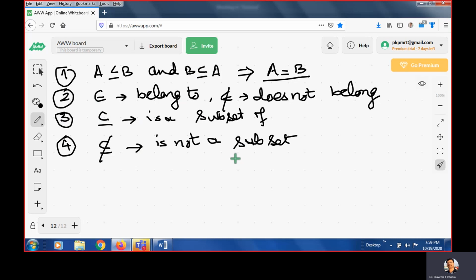And the fifth and most important property I explained to you: phi is a subset of A. The null set is a subset of every set, you can say. And A is a subset of A. If you want to write this in words, the first states that the null set is a subset of every set, while this property indicates every set is a subset of itself. So the first topic, sets, is complete.